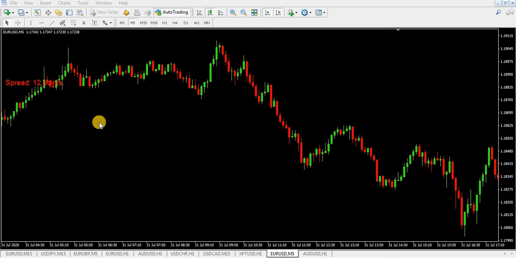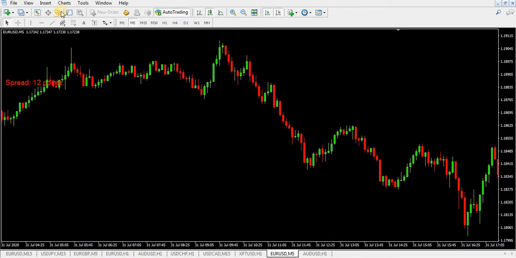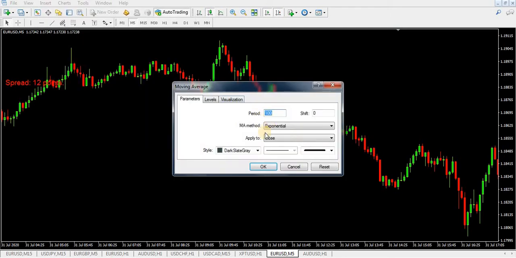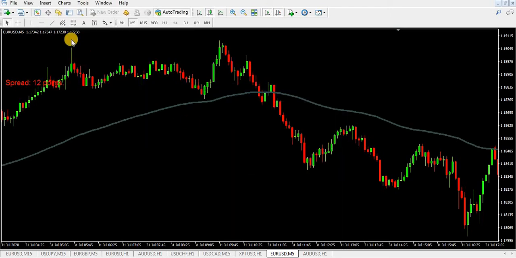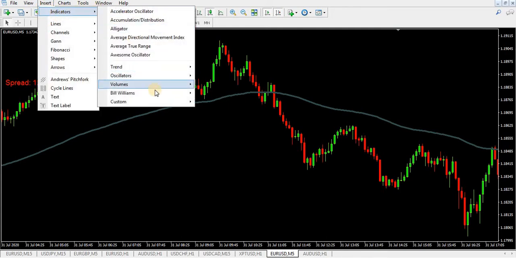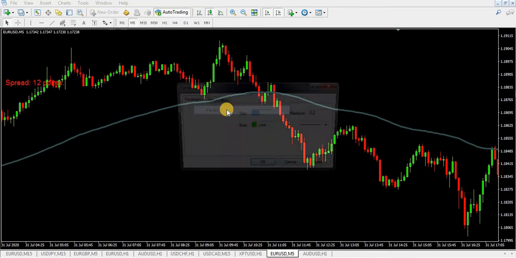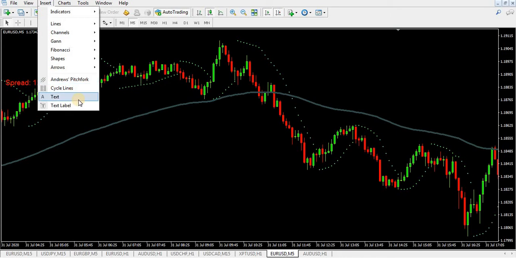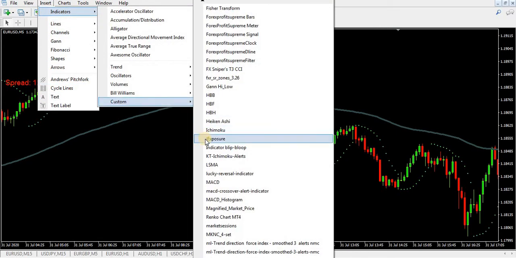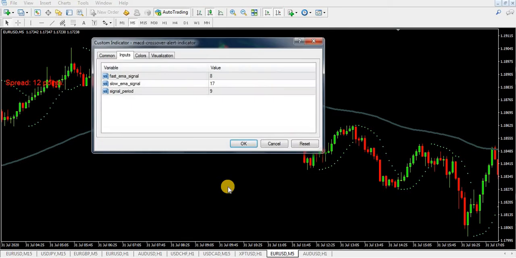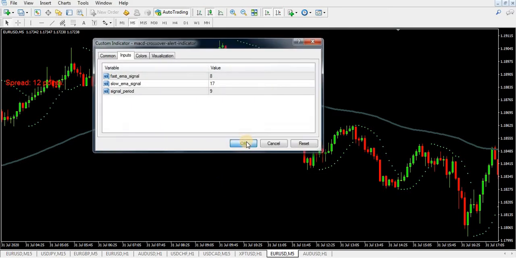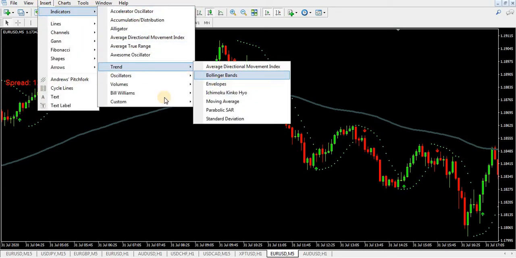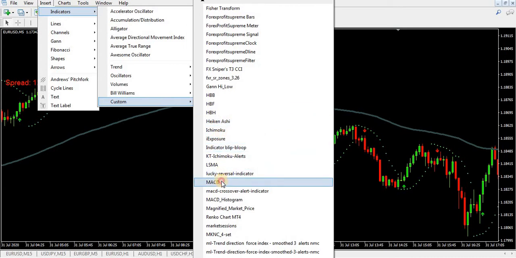So now let's get into it. First indicator we'll be loading up into the chart will be the EMA indicator, namely the EMA 100. This will be the first one. The second one will be the Parabolic Sar indicator. And lastly, the last indicator we'll be loading up will be the MACD indicator. So now that we have loaded up all three, I made a mistake. I think I loaded up the wrong indicator. Now that we have loaded up all three,